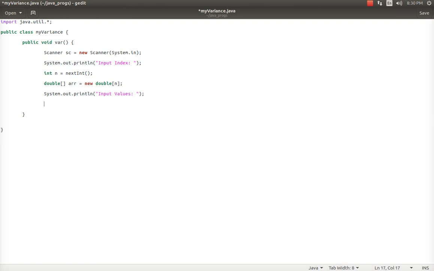Now I use a for loop to input the values, i less than n, i plus plus, and then comes the scanner. The terminal mimics as if sc.nextDouble,